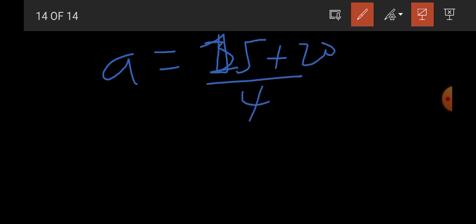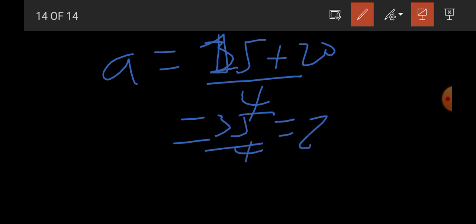So acceleration is equal to 15 plus 5 20 over 4, wait, 20 plus 15 is 35 over 4. This is equal to 8.75 meter per second square. This is acceleration. Now we have acceleration, so going back to our first expression, v initial square over 2 times acceleration,